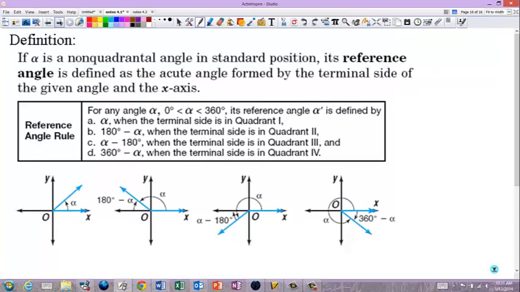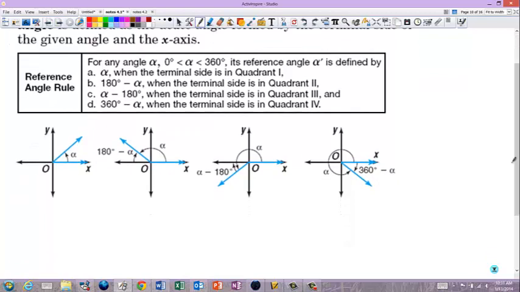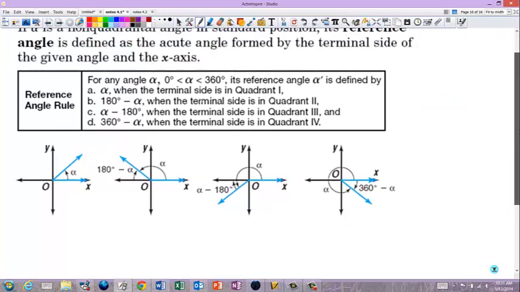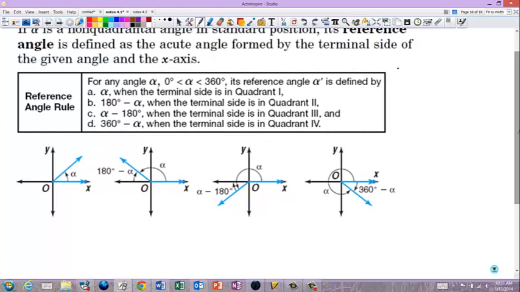And then the last thing we're going to talk about today is reference angles. It says it's defined as the acute angle formed by the terminal side of the given angle and the x-axis. It is that, but the easiest definition of a reference angle I can give you is the distance, and it's the positive distance, because distance is always positive, to the closest